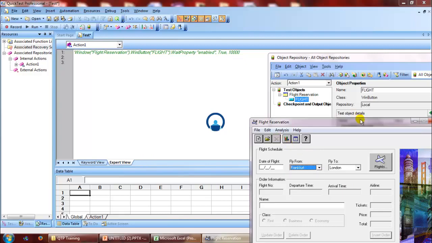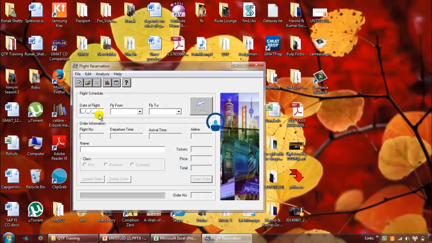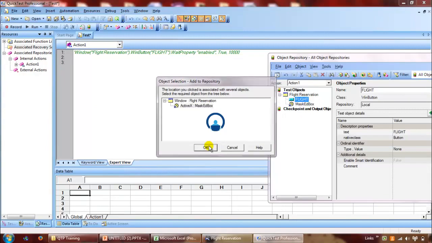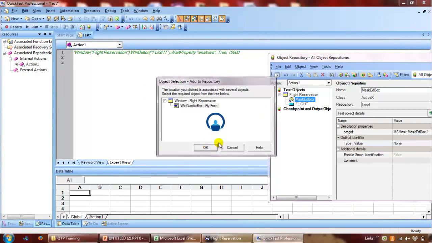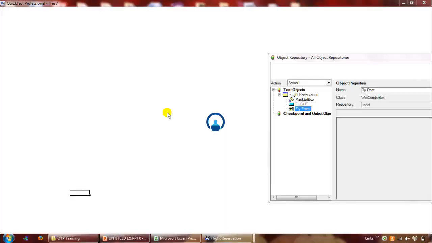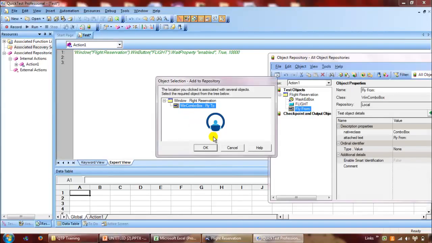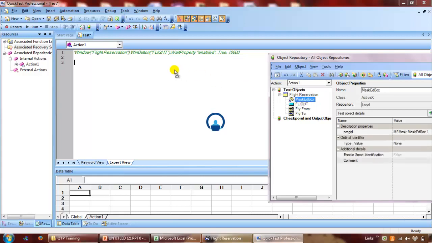Now suppose you can start from the beginning itself, new order. We can add the objects in our object repository. See, this is the win combo box, and again win combo box for flight 2. These objects have been added. Now when I drag the date object,